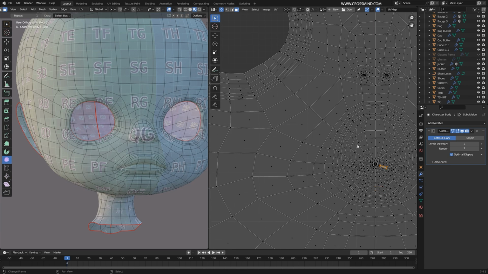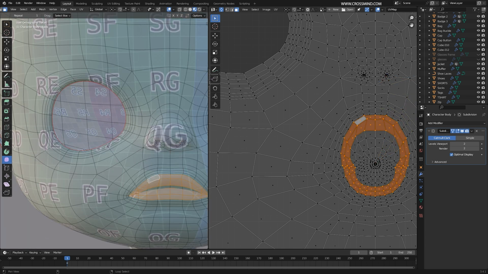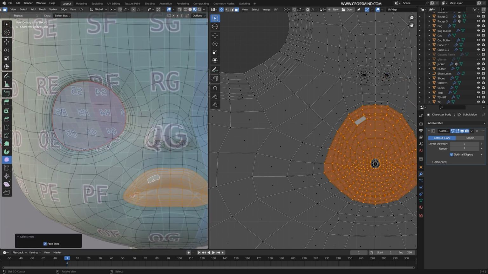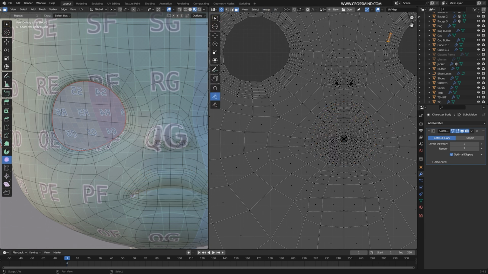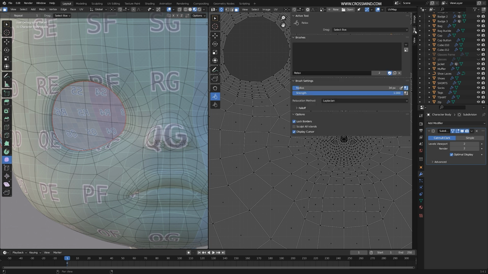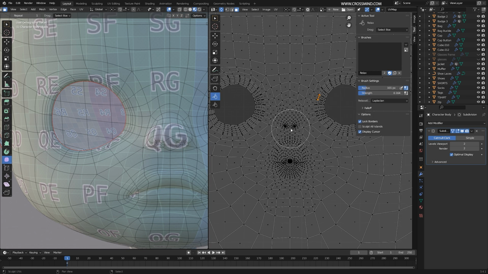What I feel is the lips part are a bit stretched and sort of there's pinching happening. So what if I apply one little stroke of relax brush right here. Same for the mouth.